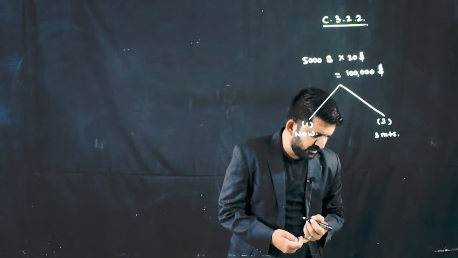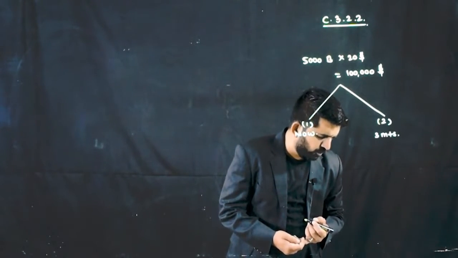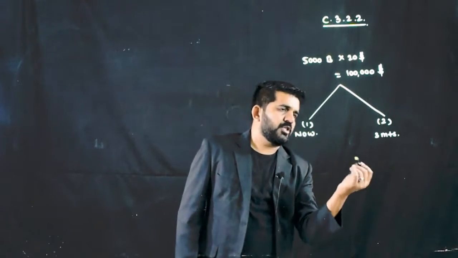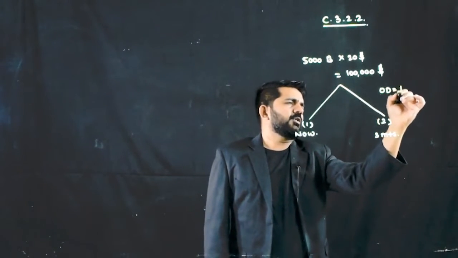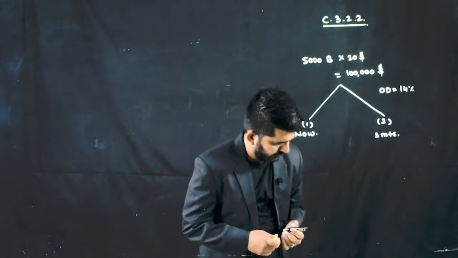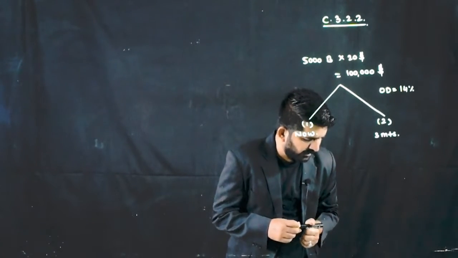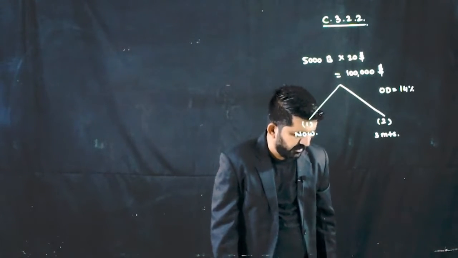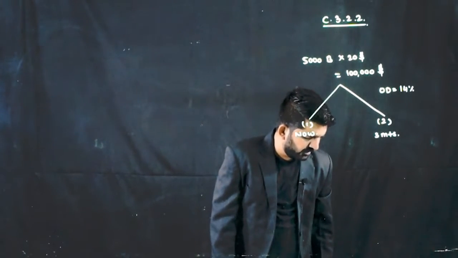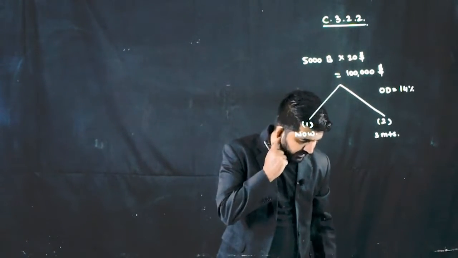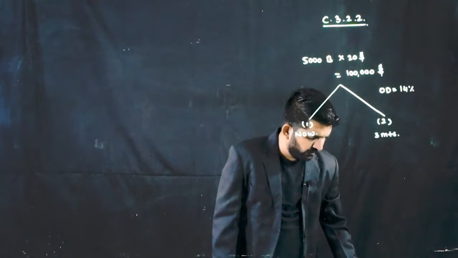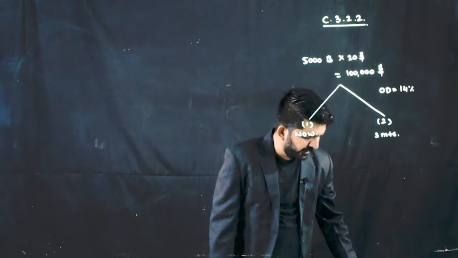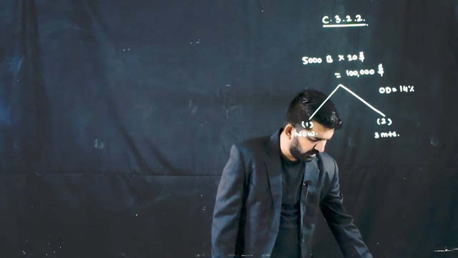If we pay after 3 months, with a clean overdraft limit where 14% rate of interest is charged. So what is an OD rate? Is 14%. Calculate which of the following methods would be cheaper to G Limited. Number 1, pay in 3 months time with an interest of 10% and cover the risk forward for 3 months. Settle now at a current spot rate and pay interest of the overdraft for the 3 months.